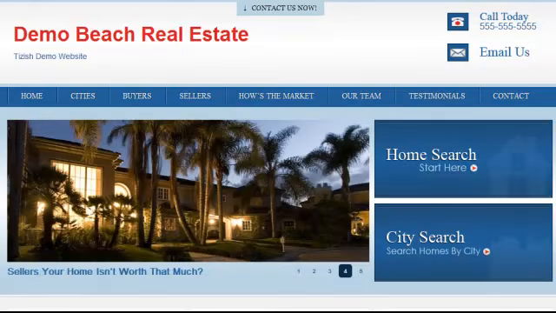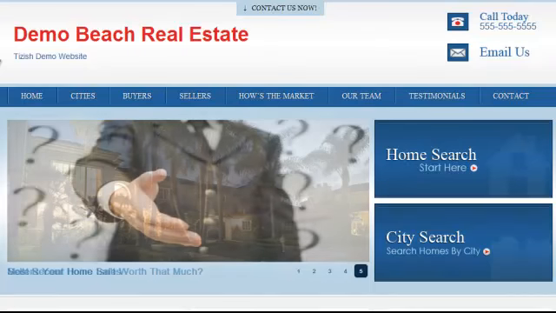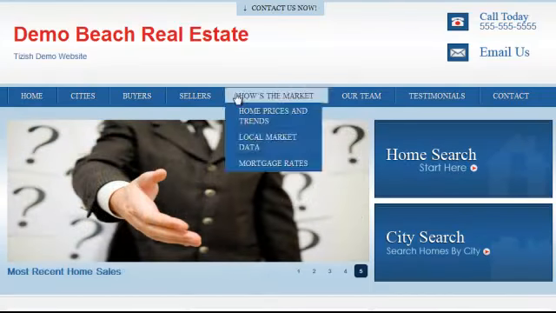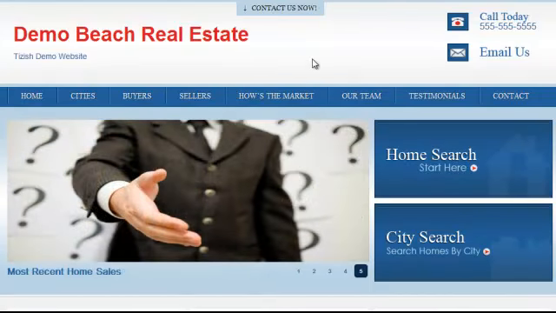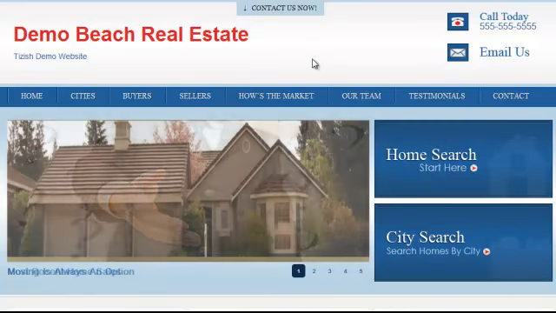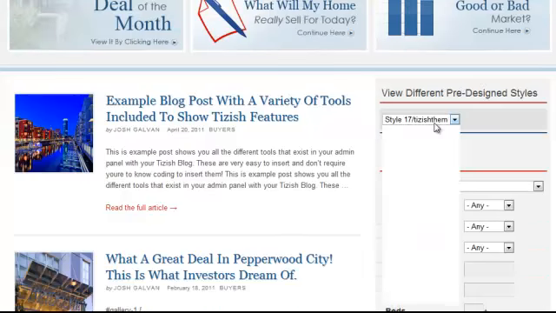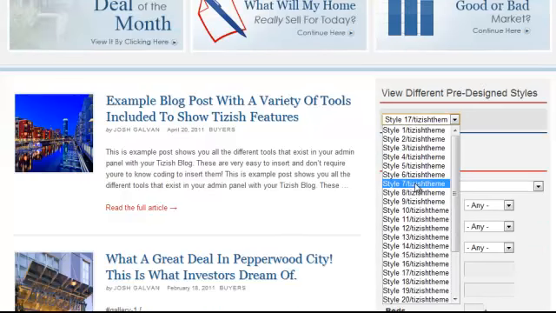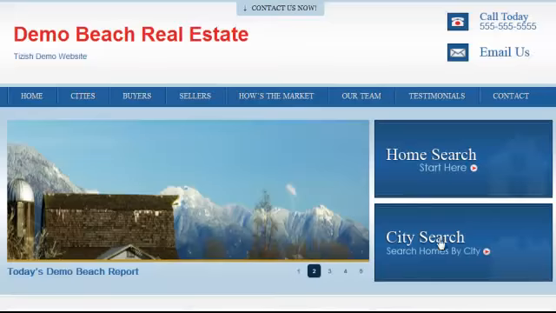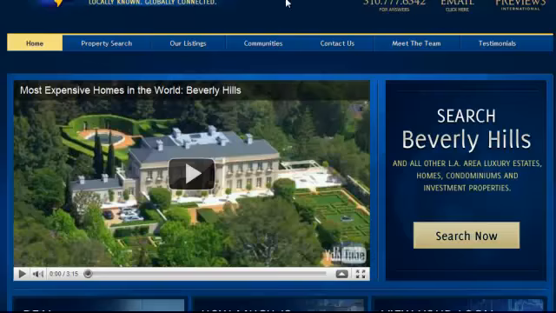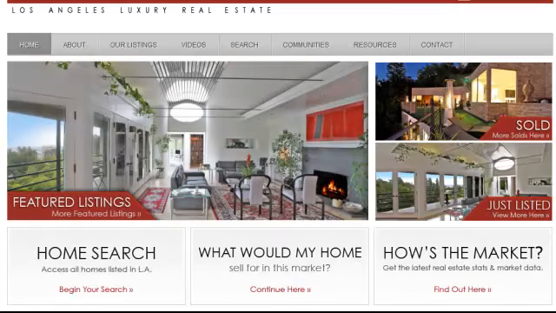It's what gets people to click on the lead generation buttons where they are and everything. So basically, here's the difference now between the pre-designed style, meaning let's say you come on the Tizish system for $999 one-time setup fee, and then you're on a $55 a month program, and you choose one of the 27 pre-designed styles. Well, the difference between this system and any of these custom sites that cost $4,000 or higher,